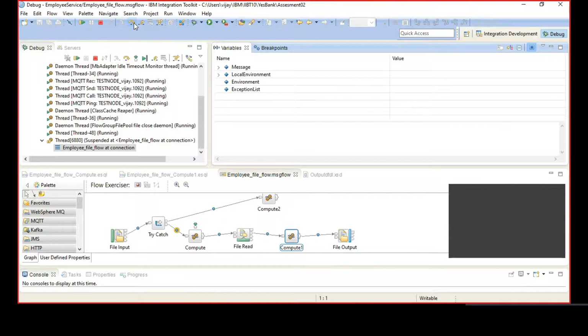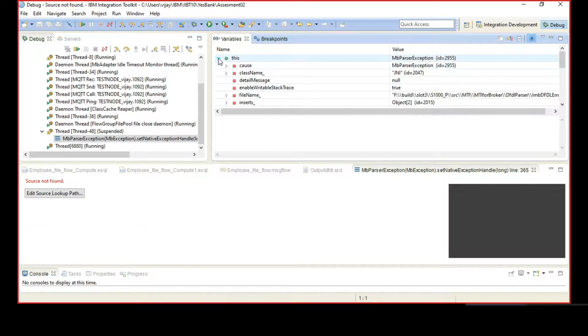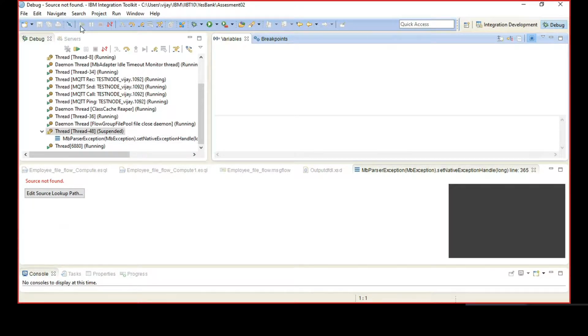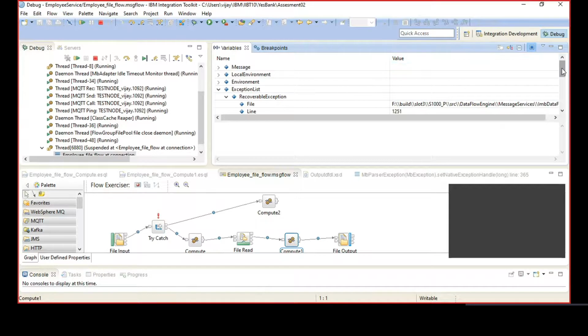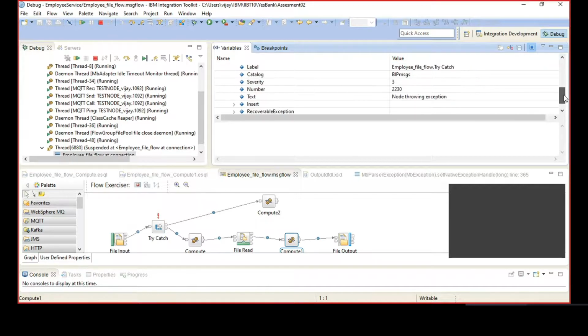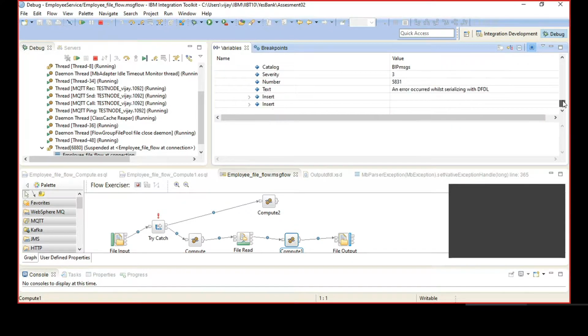So you'll always get an error. Okay, we'll go to the exception list and see what it has to say. Continue. So in errors, you will get two kinds of errors: one in the Java stack and the other in the ESQL stack. It's always to your benefit to look at the errors in the exception list, let's say the ESQL stack. You will not get meaningful information from the Java stack.